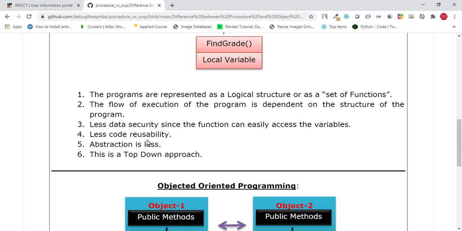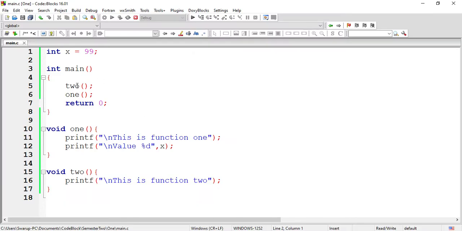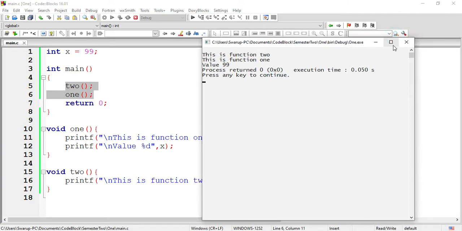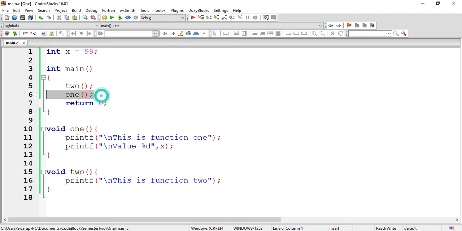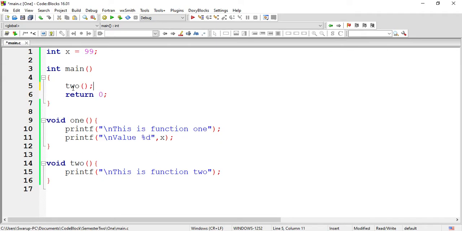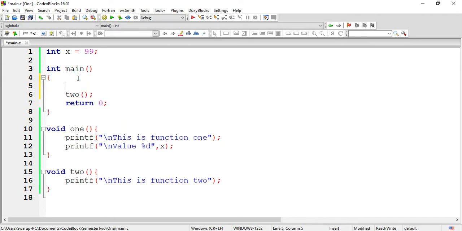And obviously the structure of the program, the flow execution of program depends upon the structure, because the way I have written, which function calling I have written, that is what decides the execution. So if I call my function 1 before my function 2 getting called, then only we will be seeing this execution of the following function at first.